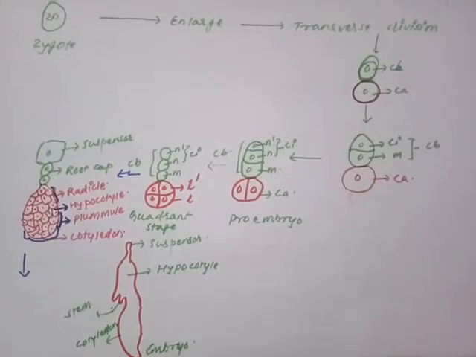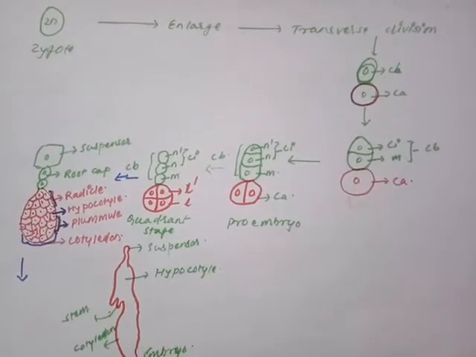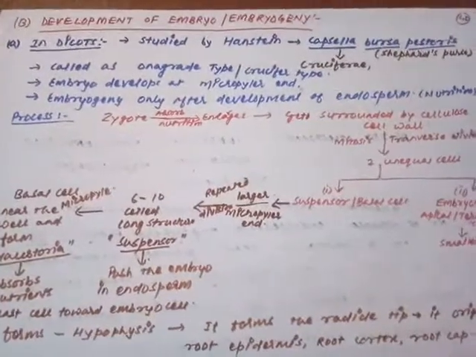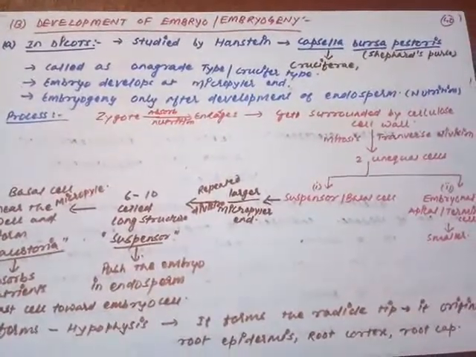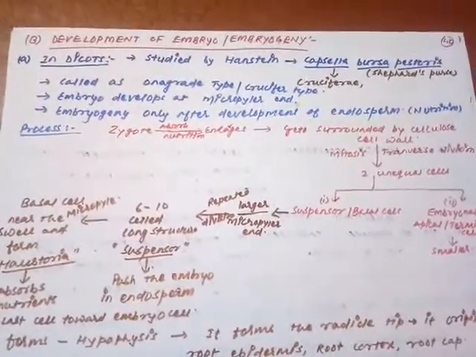Should I go for repeating the complete concept of today? So one by one I'm just going to repeat the complete concept of today. In the dicot embryo, crucifer type, onagrad type, we studied it in Capsella bursa-pastoris